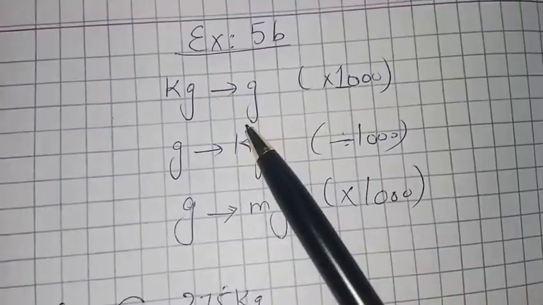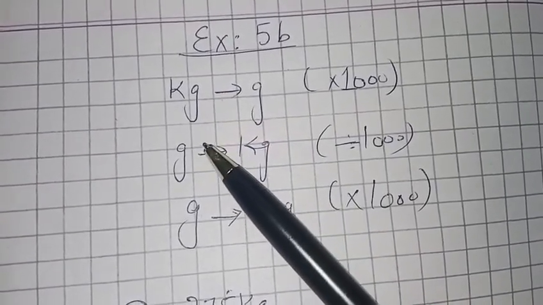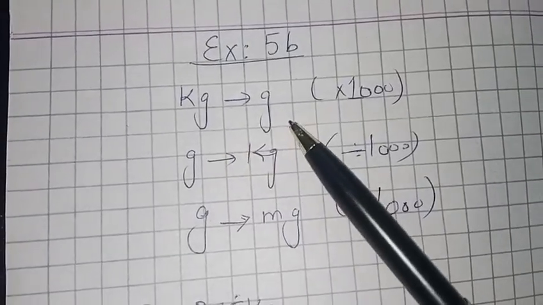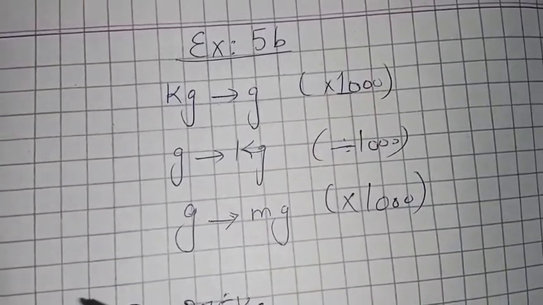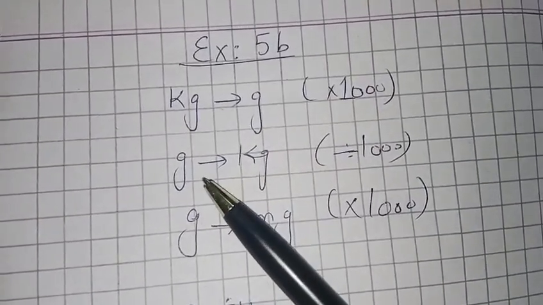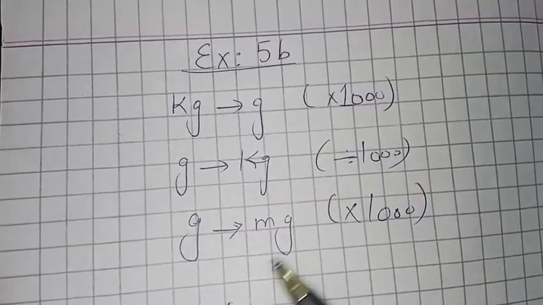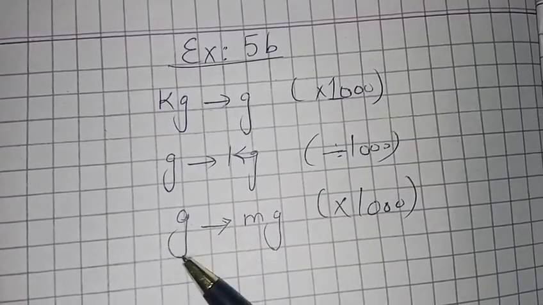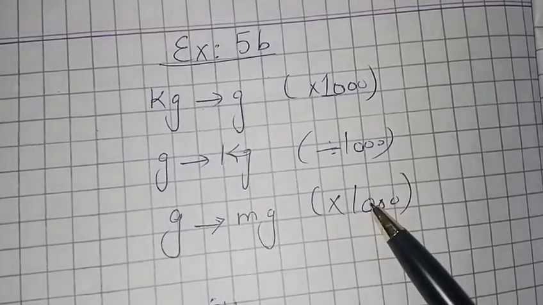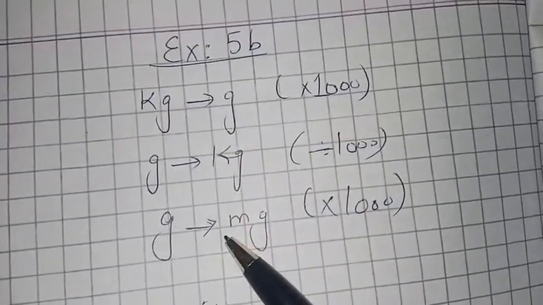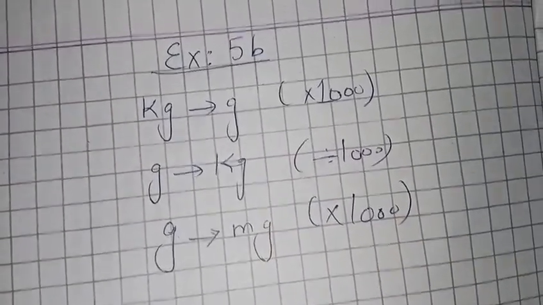Look at this one. When you want to convert any kilogram number, any quantity, any value into the gram, you just multiply by 1000. Just put three zeros with that number. Clear? When you are converting the gram into the kilogram, you will divide by 1000. And the third most important point is when you're converting the gram into the milligram, you are multiplying by 1000 again. This is kilogram and that is milligram. Make sure you are differentiating between them. Okay, don't confuse them.